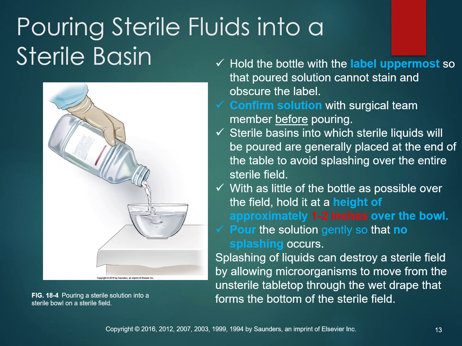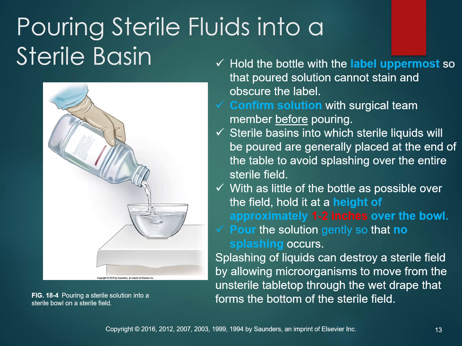Sometimes you'll need to pour sterile fluids into a sterile basin, like for example saline, or they may use heparinized saline if they're flushing out catheters. So there's a proper way to do this. We want to hold the bottle with the label uppermost so that poured solution cannot stain and obscure the label. We want to confirm the solution with the surgical team member before pouring. So we basically want to hold it and show the surgical team what we are pouring into the basin